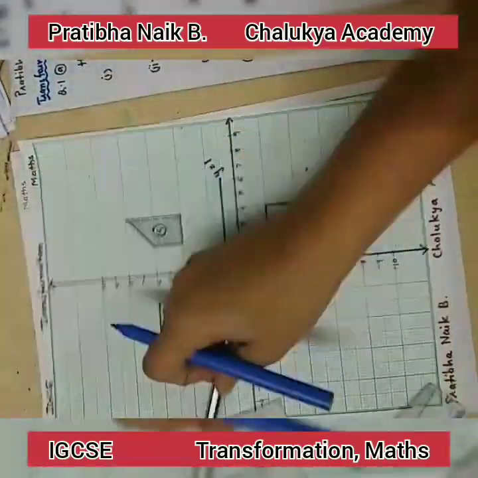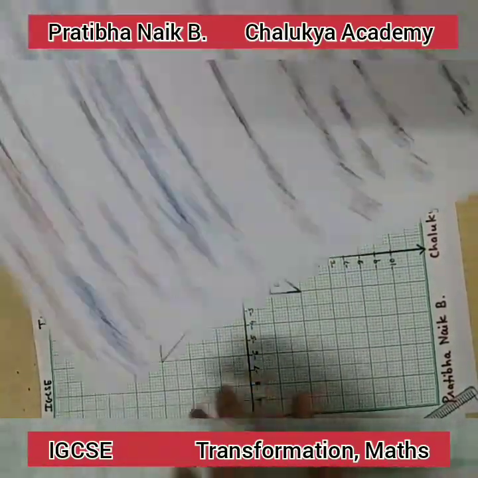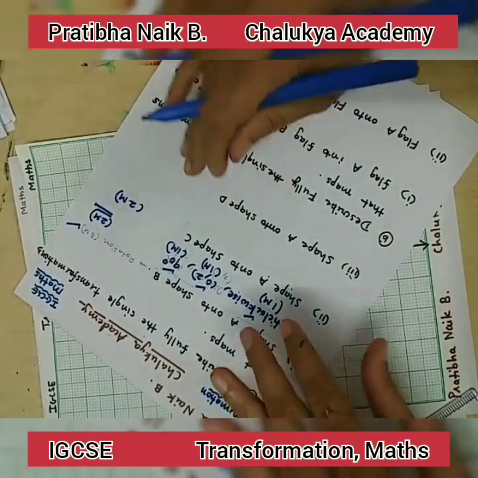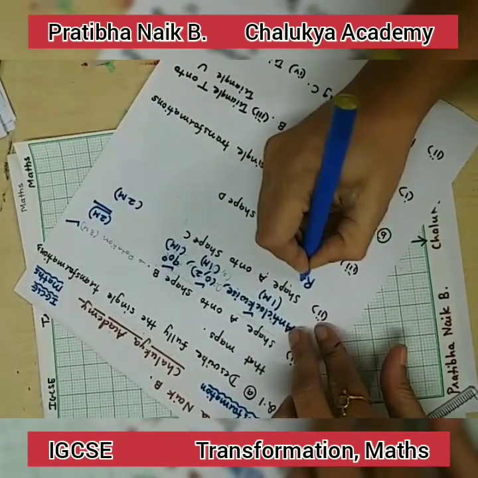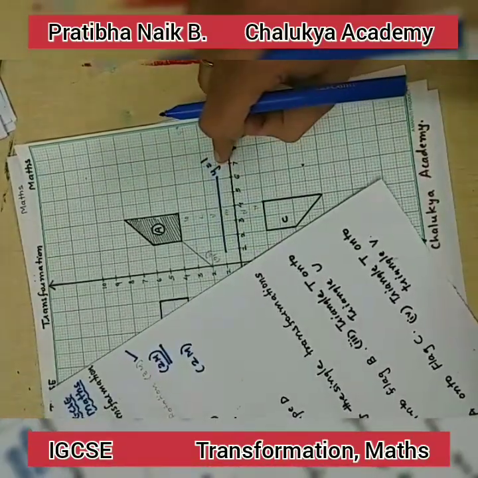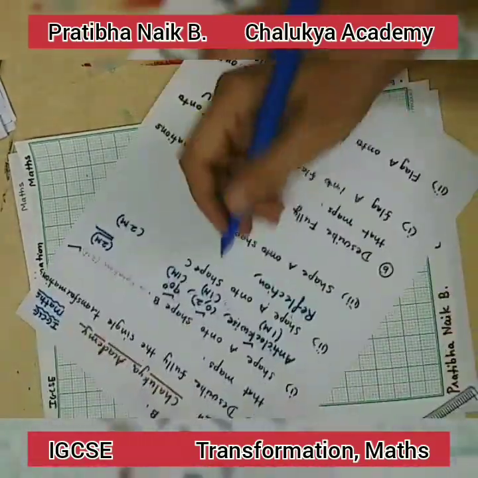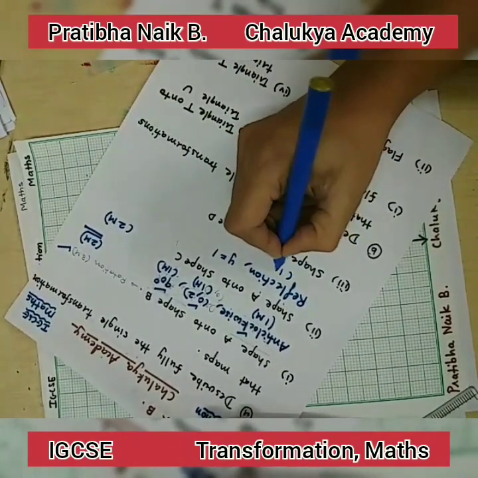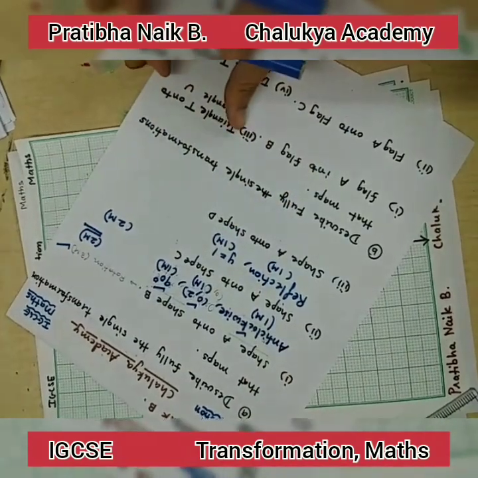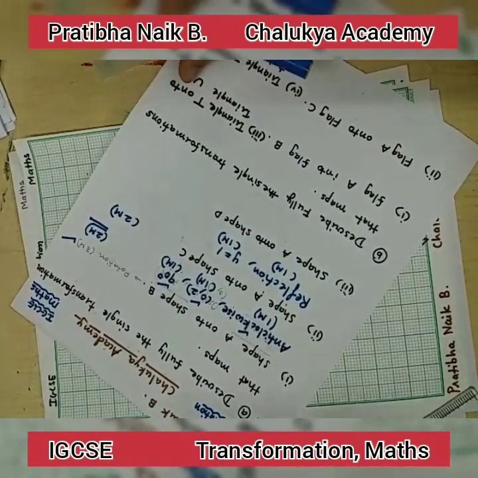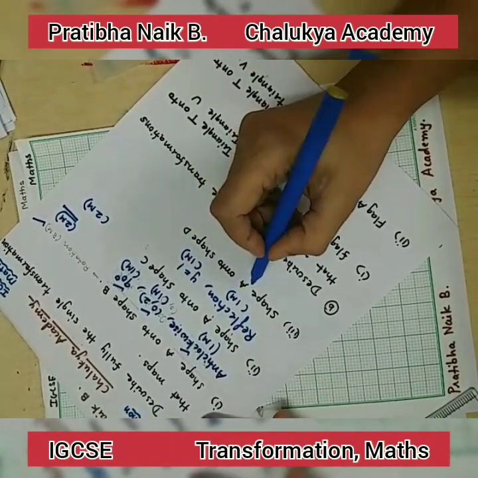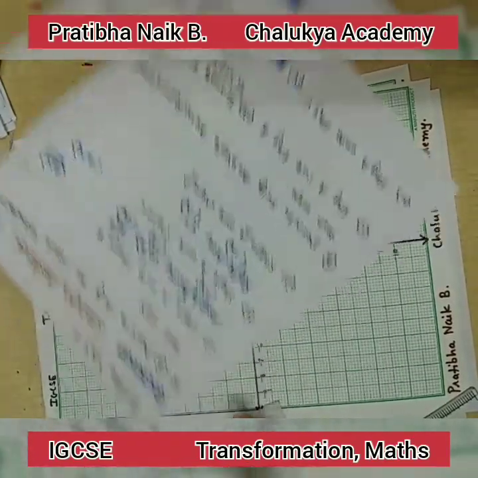So again, this kind of transformation, that is from A to C, will be asked for 2 marks, because you have to give 2 points. So first is reflection, and you have to provide the mirror line. So mirror line is y is equal to 1. So 1 mark for reflection, that is to identify the type of transformation, and 1 mark to identify the mirror line, whether x coordinate or y coordinate. Now let's go to find out the transformation from shape A to shape D.